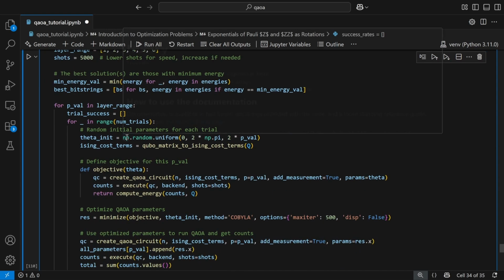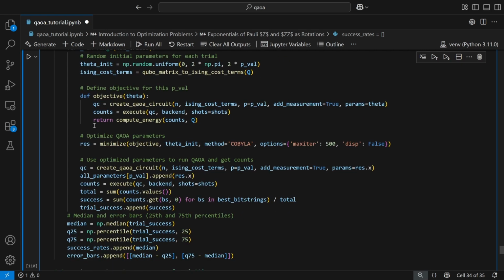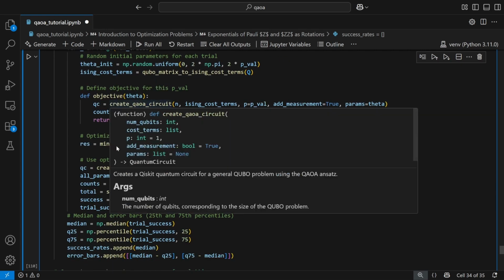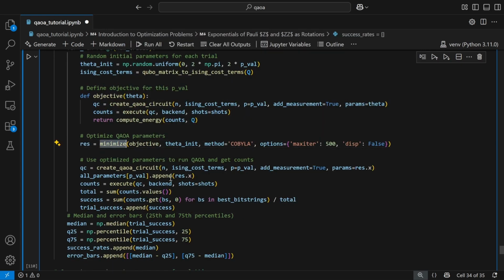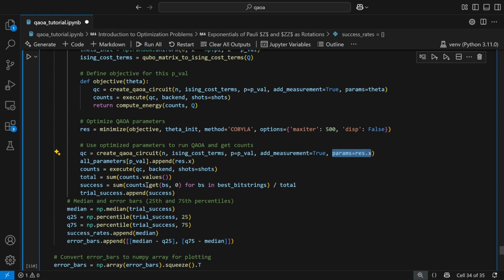There's nothing special here. I'm simply looping over the number of layers, looping over the trials. I'm initializing theta every time, and I'm running the QAOA and minimization. Then for each instance we take the optimized parameters, run the circuit again,